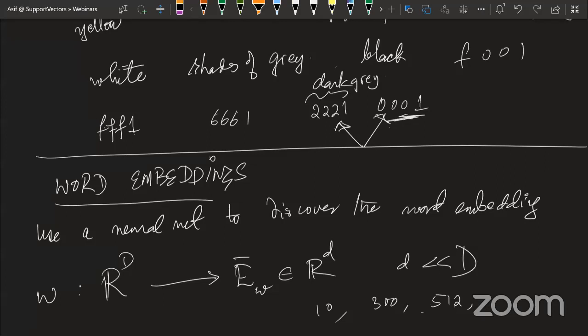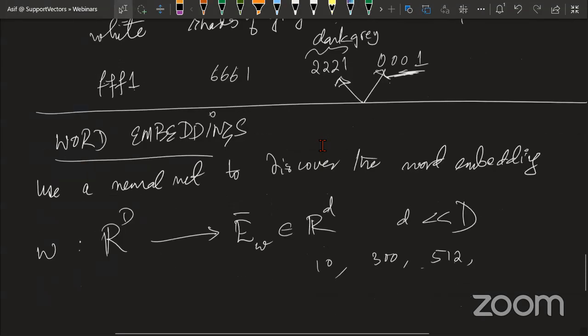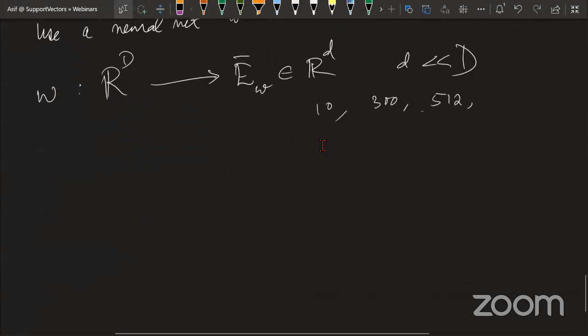The question then remains, how do you discover it, right? So we'll come to that. But let me just mention some of the advantages of discovering and doing an embedding. And it was quite a surprise when people found these embeddings, they noticed some interesting connection. For example, you could ask questions like,